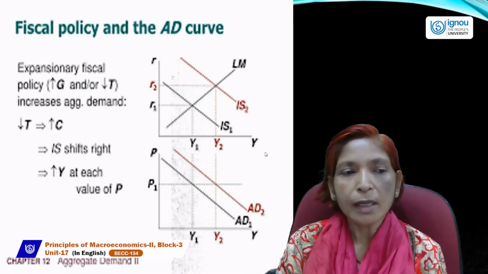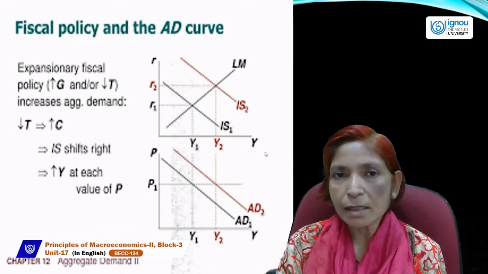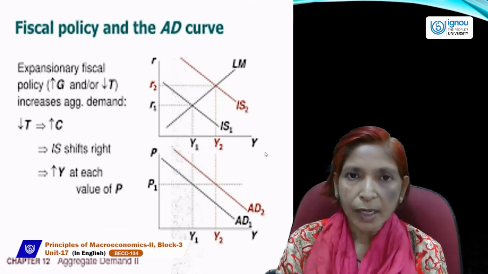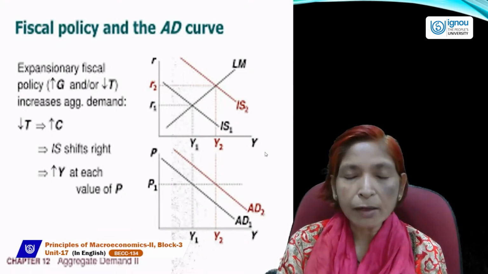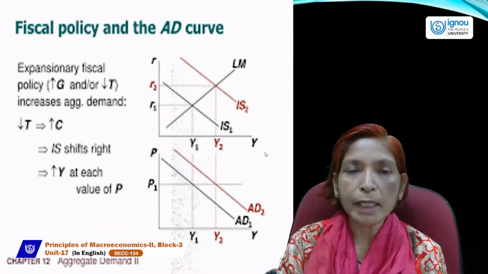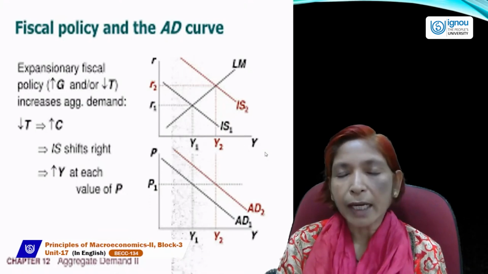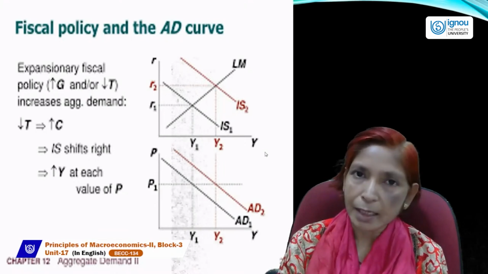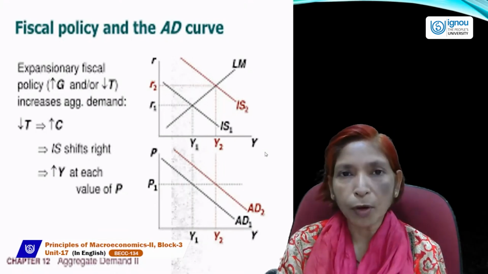If government follows expansionary fiscal policy, then consumer demand will increase and the demand curve will shift to the right hand side. And the situation may be reversed if government follows contractionary fiscal policy, in which government expenditure falls and taxation rises; it will reduce our consumption expenditure. That's why aggregate demand will fall and the curve can shift to the left hand side. So here aggregate demand is shifting due to change in fiscal policy.